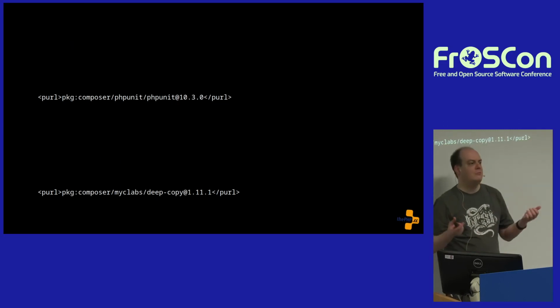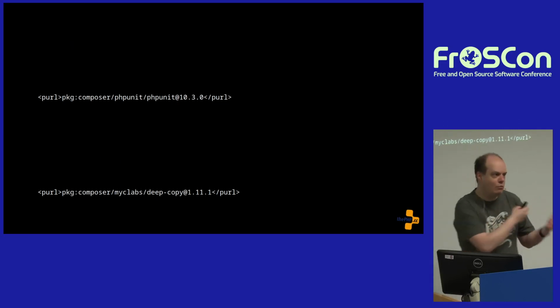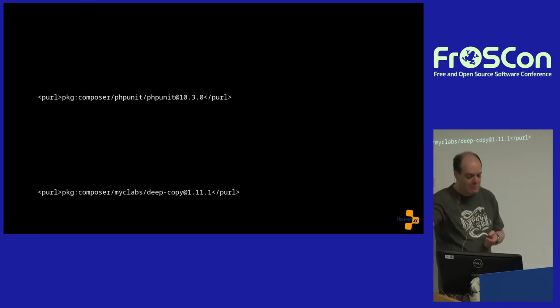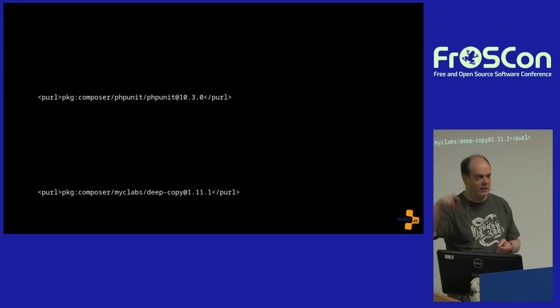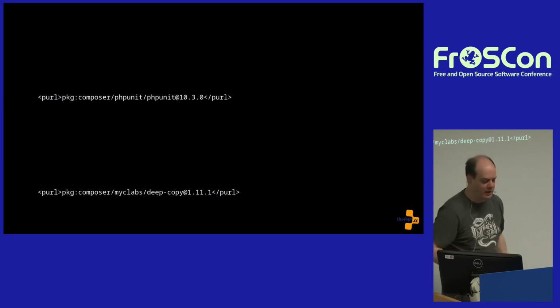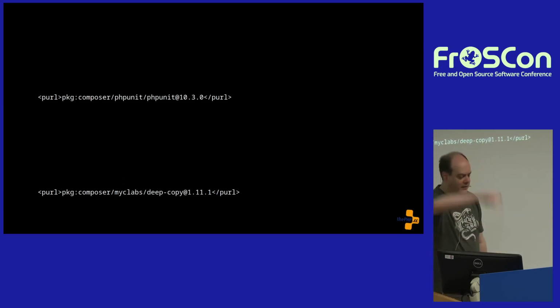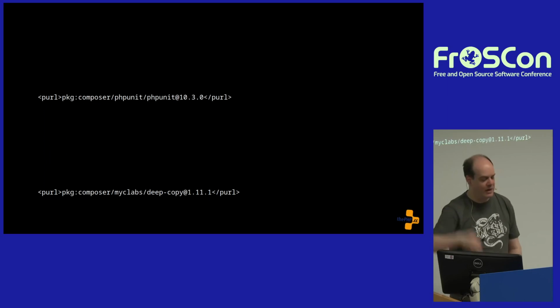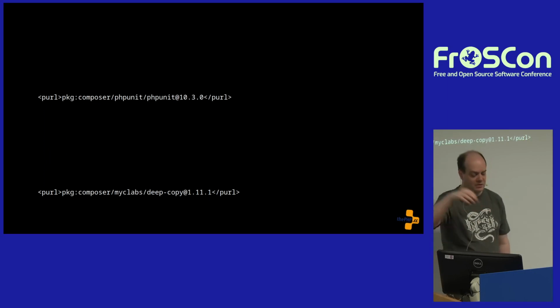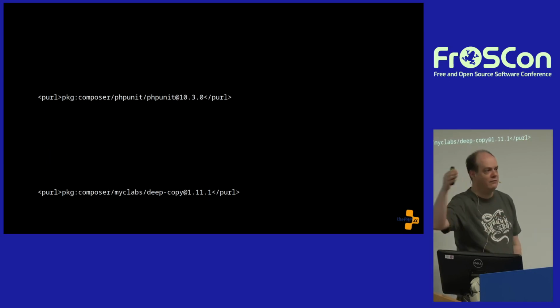If it were up to me, this would be about the only information that would be in there. Like, hey, I am PHPUnit at version 10.3.0, and I belong to this package management ecosystem. I can be installed using Composer, and inside the Composer ecosystem, I am phpunit/phpunit. And I use these other components, for instance, myclabs/deep-copy at version 1.11.1.